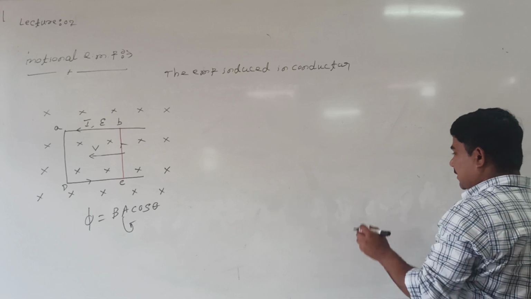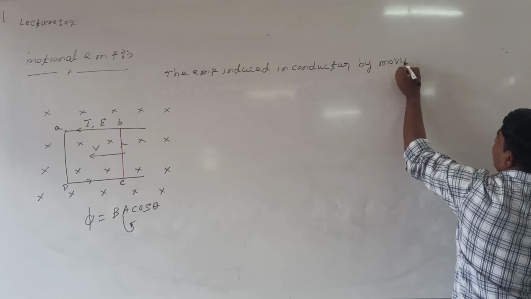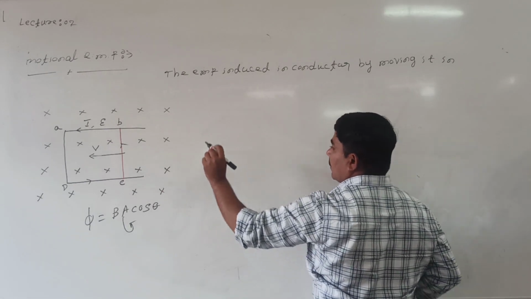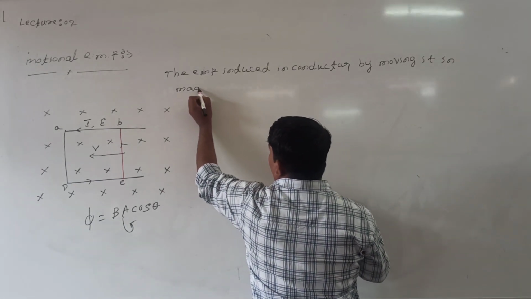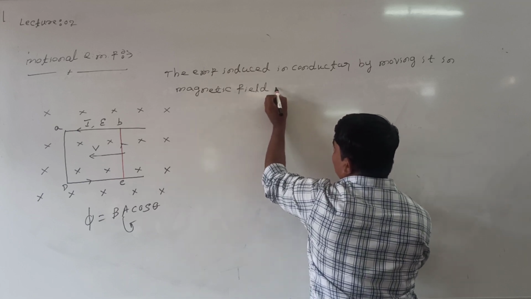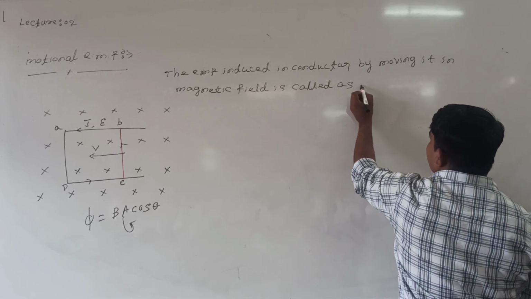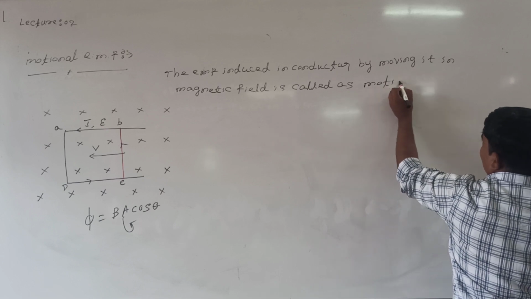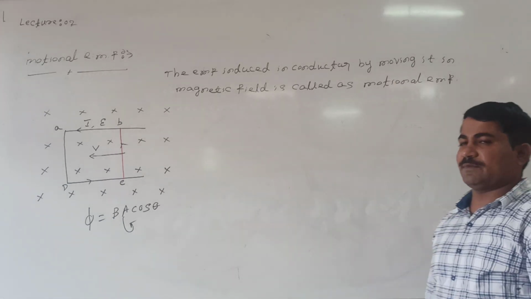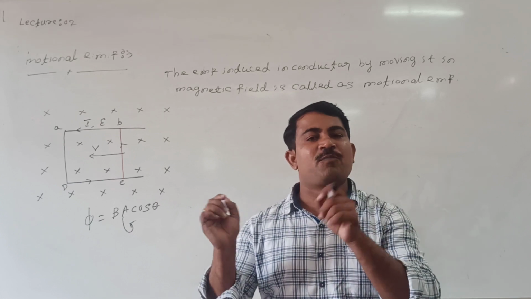EMF induced in a conductor by moving it in a magnetic field is called motional EMF. Now let us see how the motional EMF, the induced current, and how much power is generated in